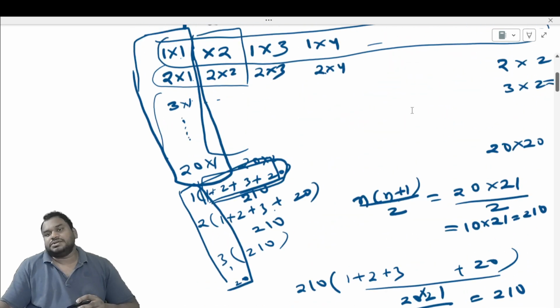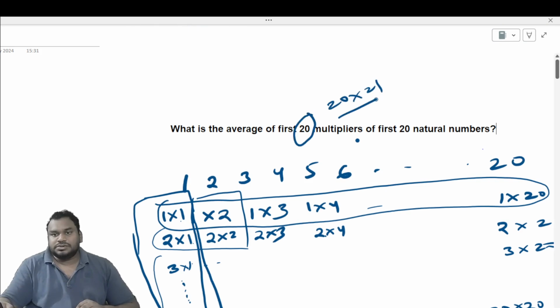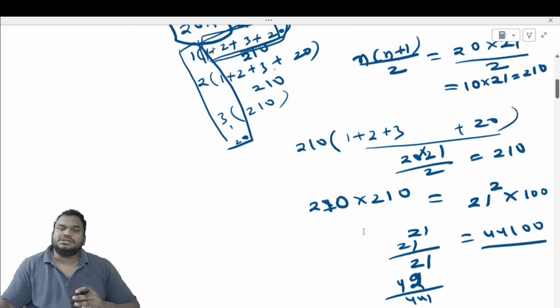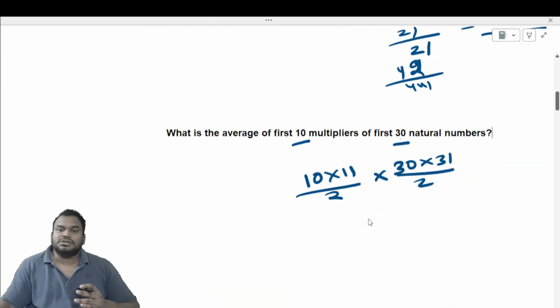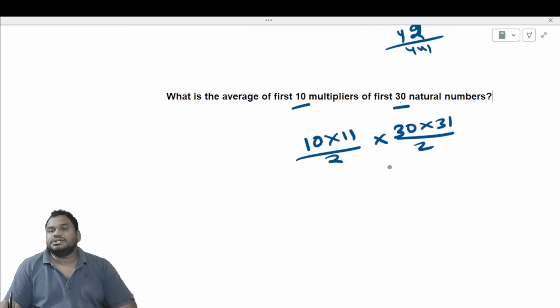N into n plus 1 by 2. So 20 into 21 by 2, and here 20 into 21 by 2. You just multiplied both of them, isn't it? Same thing for your understanding. I explained all this, but directly you can write it as 10 into 11 by 2 and 30 into 31 by 2. So here you can cancel, don't cancel these things,